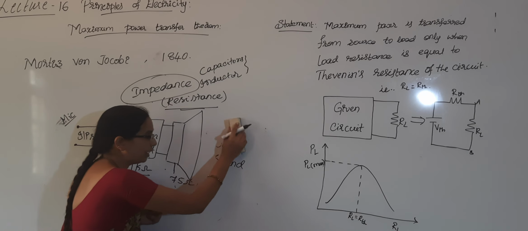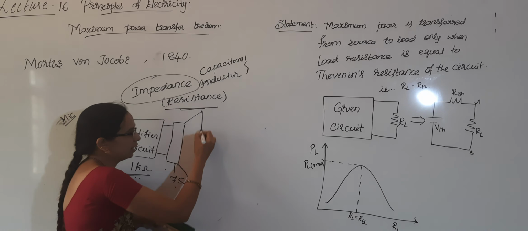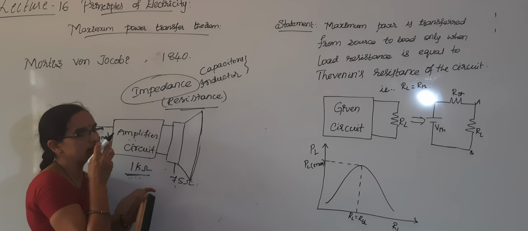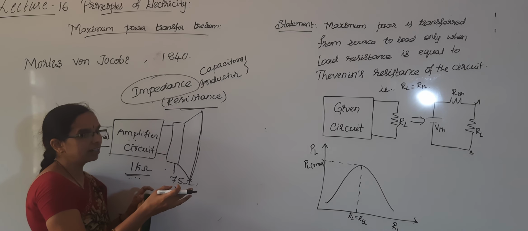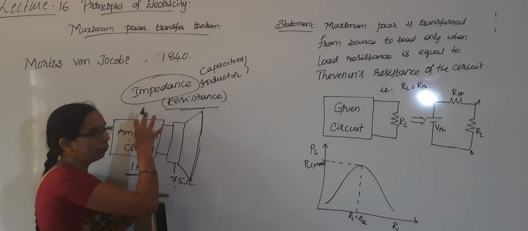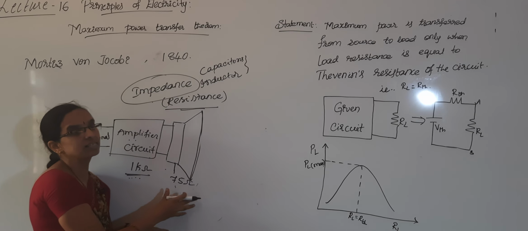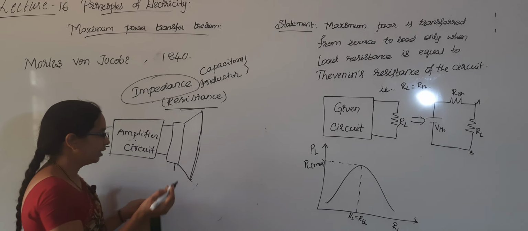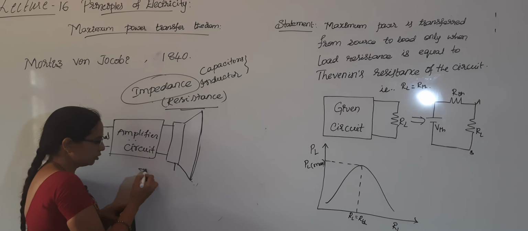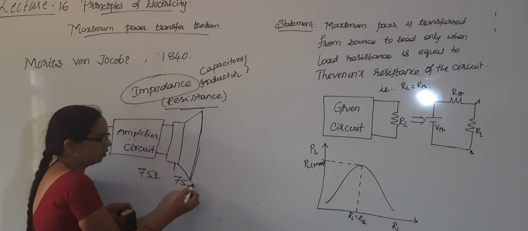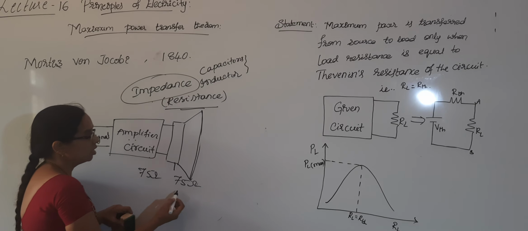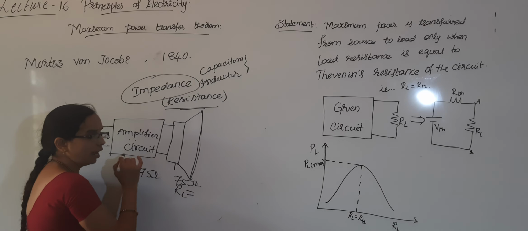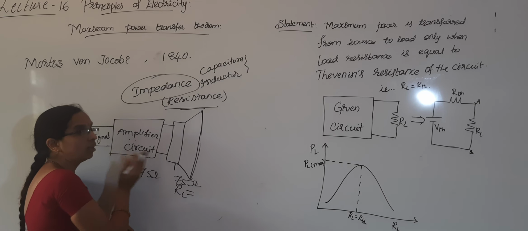So why will we hear a weak sound? Because the maximum power of the input signal, whatever we are speaking, whatever electrical signal is coming in at the input, will not be delivered completely to the loudspeaker, because it has a low resistance. To avoid that, impedance matching should be done. That means the amplifier circuit should also have 75 ohm, and the load resistance should be equal to Rin, the input resistance or effective resistance of the interior circuit.